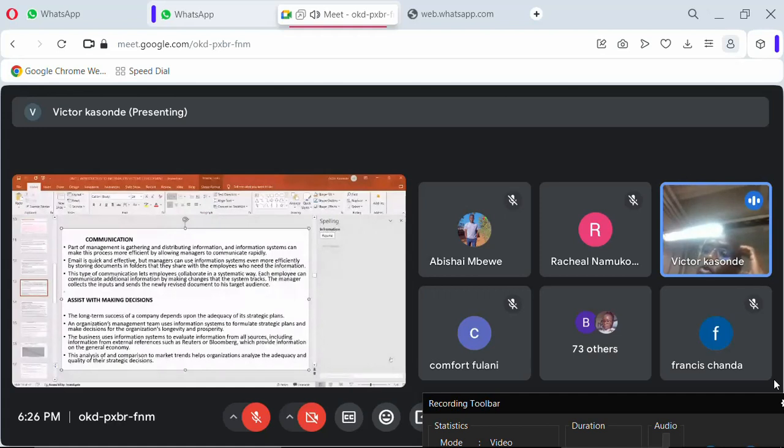So each one should do his own work. For example, if my role in the information system is to admit, for example, or is to